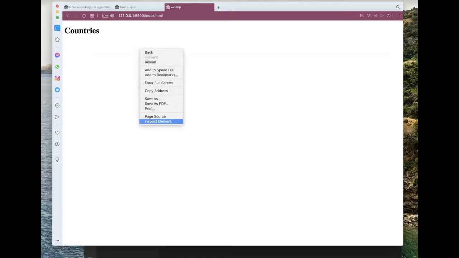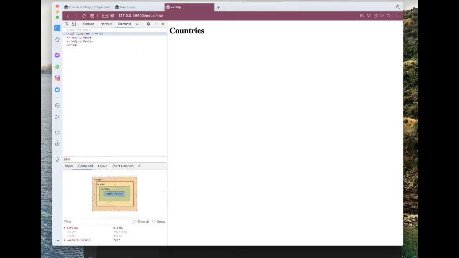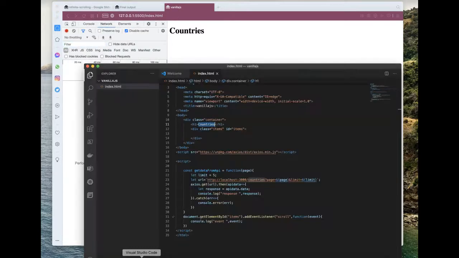Let's check if our API is getting invoked or not. We have not called our function anywhere. So let's call our function on page load with page number 1.